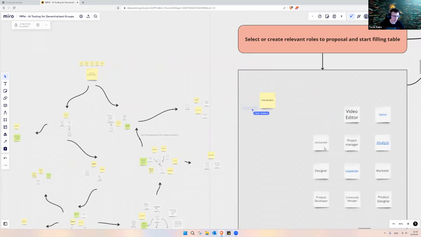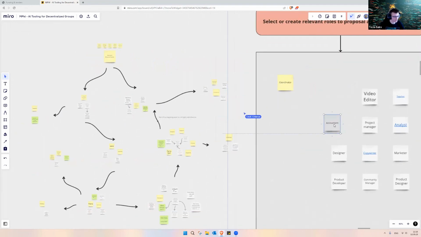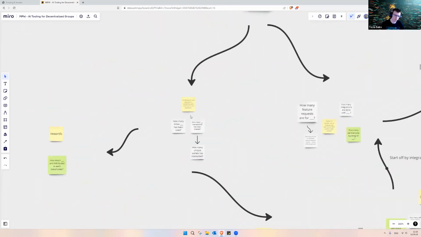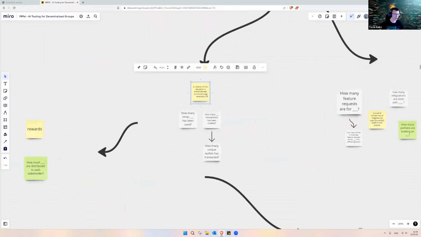Another one would be, do we need an accountant? For standard documentation, perhaps not. But if we look beyond, there is another thing we also want to get out of this proposal: a rule book on how reputation is shared between contributors and developers.